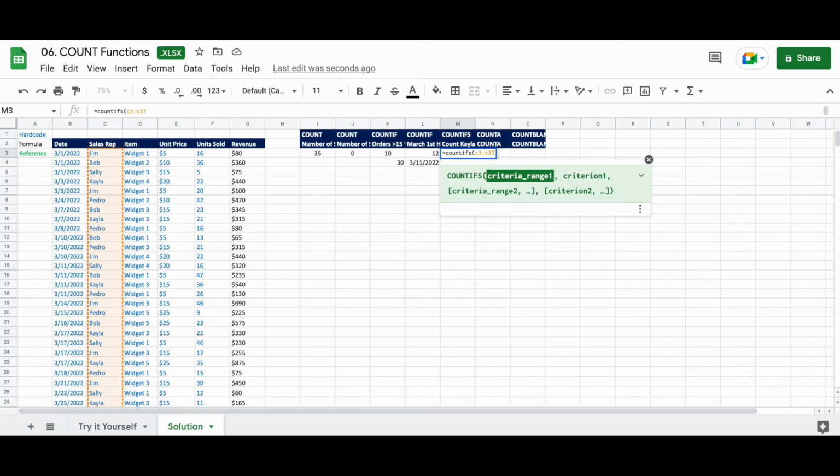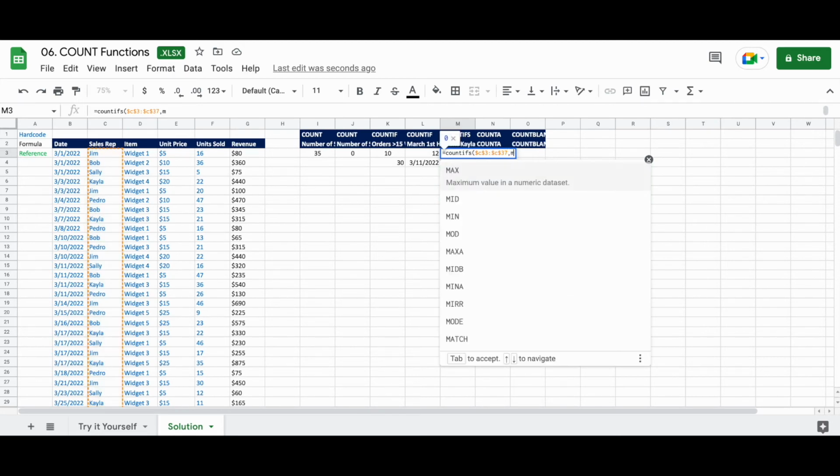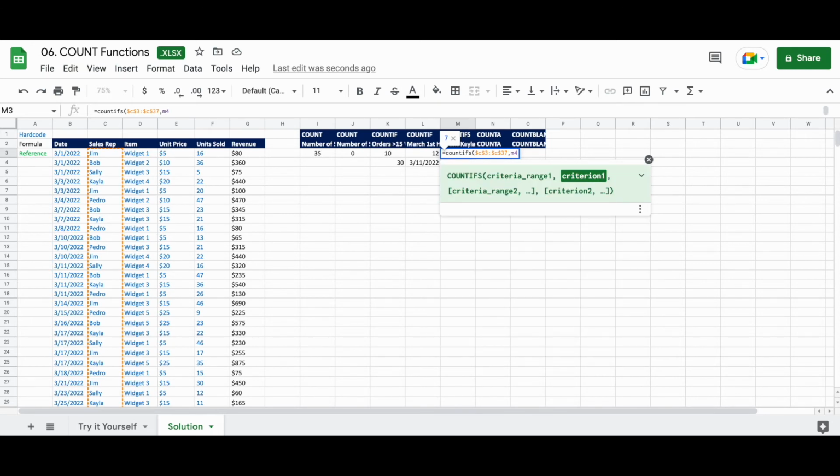And remember, we can lock that in if we want. So if we hit F4, we can lock that in. And then criteria 1 is going to be M4. Then we'll hit another comma, and we're going to do D3 through D37, and comma, M5. And then close our parentheses.